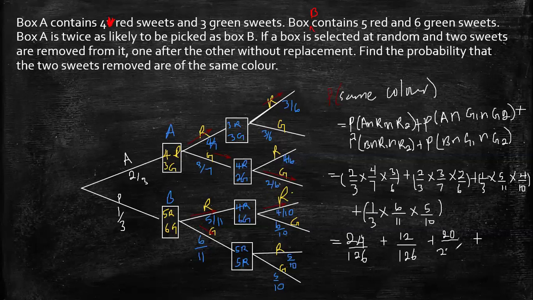The fourth bracket is 30 out of 330. It is 330? Yes, okay, teacher. Then when we add and simplify,